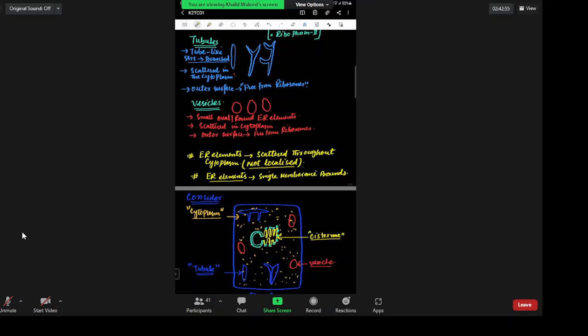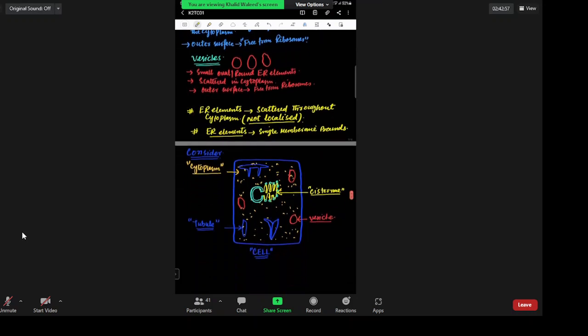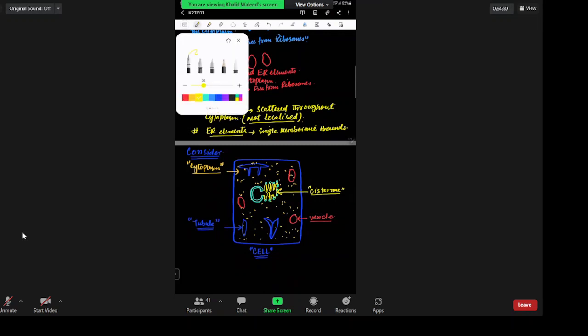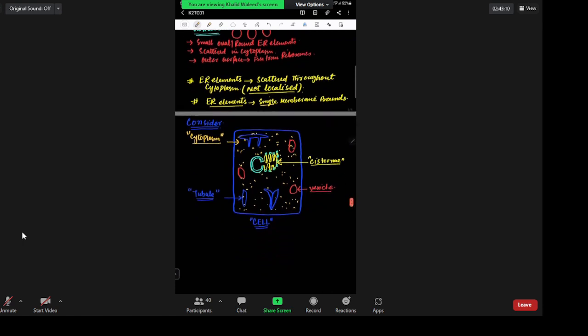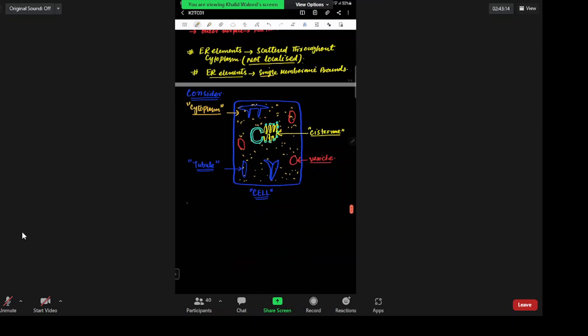Due to the presence of a single membrane around each component of ER, that is cisternae, tubules and vesicles, this ER is famous as